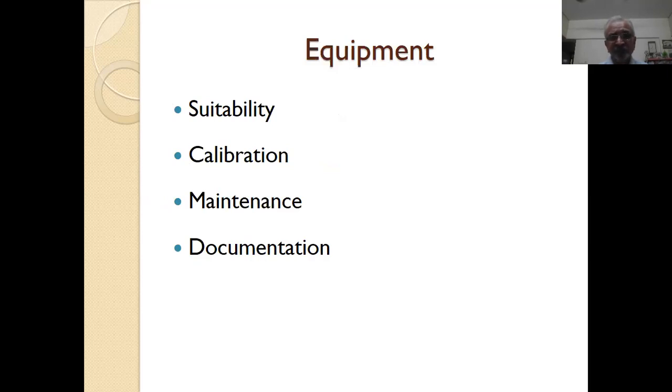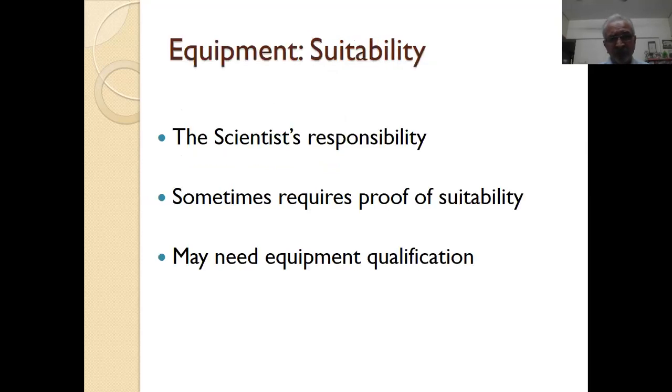Coming to equipment, equipment should be suitable for the conduct of the study. It should also have calibration and maintenance, and all this has to be documented. As far as equipment is concerned, you should keep documentation and logbooks available. And it is the responsibility of the scientist, basically. One cannot deny that. Or you can also have one custodian person for that matter, who is